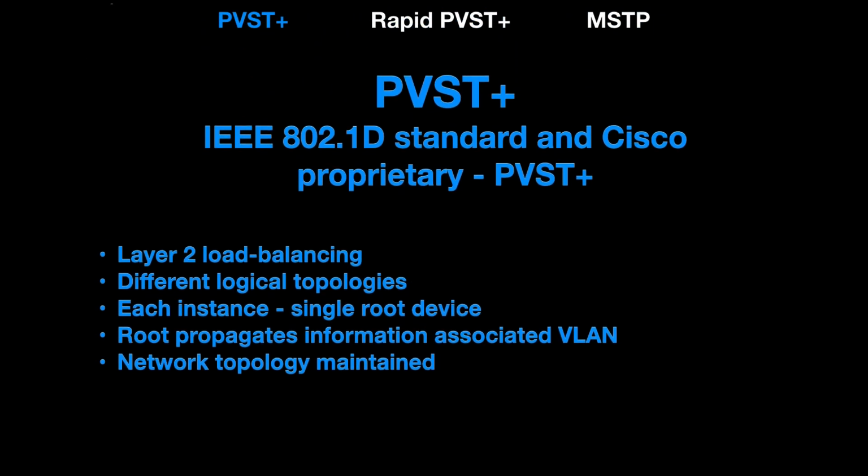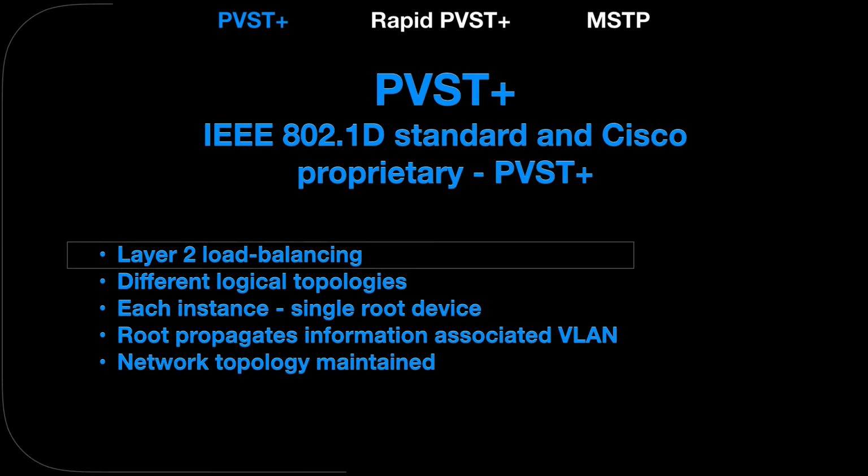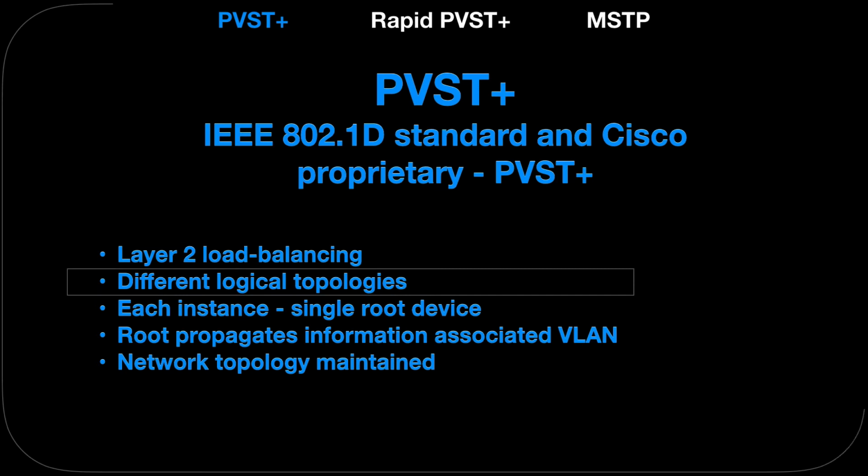Most devices support these spanning tree modes and protocols. PVST+. This spanning tree mode is based on the IEEE 802.1D standard and Cisco proprietary extensions. The PVST+ runs on each VLAN on the device up to the maximum supported, ensuring that each has a loop-free path through the network. The PVST+ provides Layer 2 load balancing for the VLAN on which it runs. You can create different logical topologies by using the VLANs on your network to ensure that all of your links are used but that no one link is